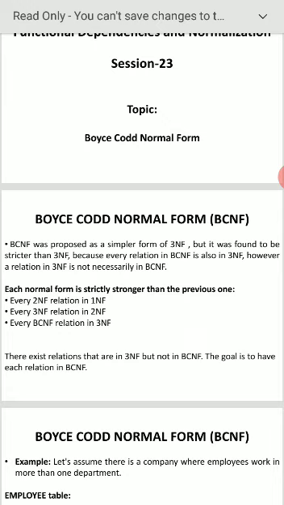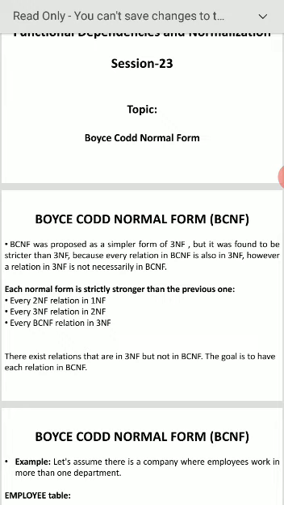In 3NF, we maintain only the primary key, but here it is the super key of the table. For BCNF, the table should be in 3NF, and for every FD, the LHS, the left hand side, is a super key. In the example, X is a super key.